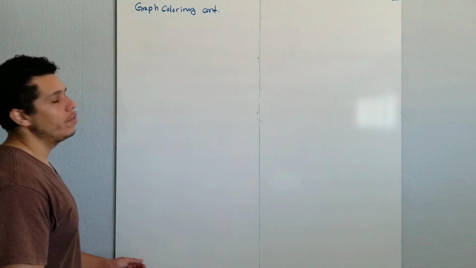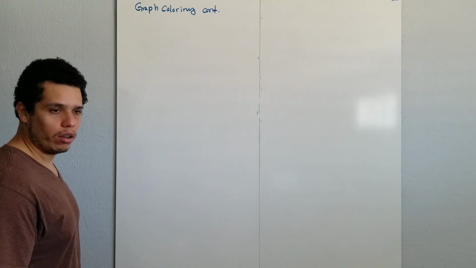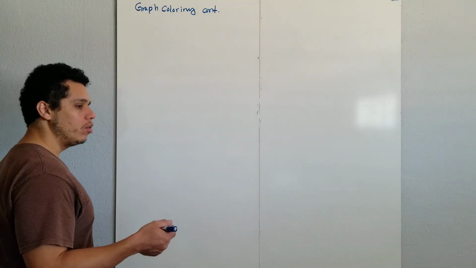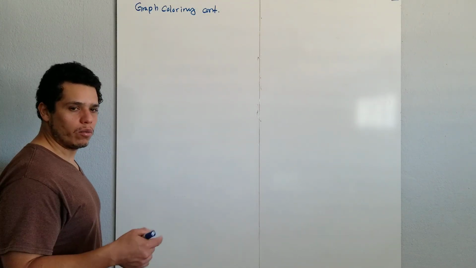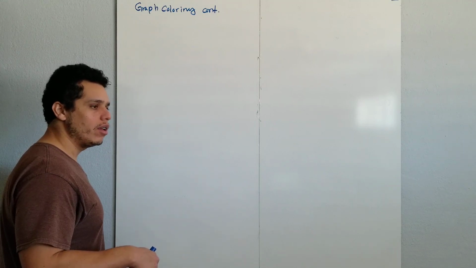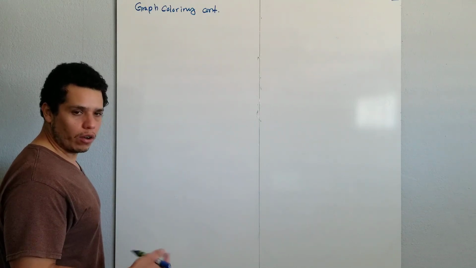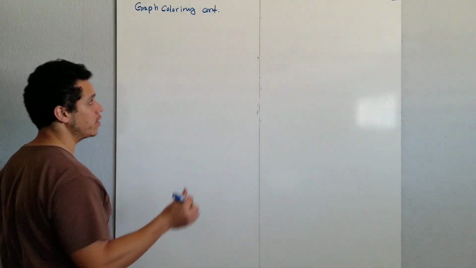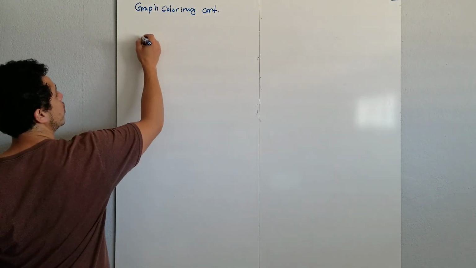So now that we have defined formally what the coloring of a graph is, the question is, is this the most efficient way? Now that we know how to color a graph, is there a better way of coloring the graph itself? So let me start this discussion with an example. Take the following graph,